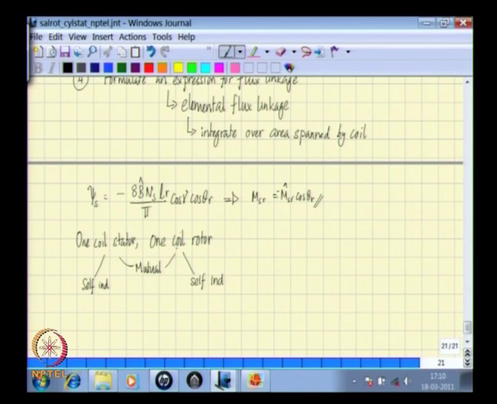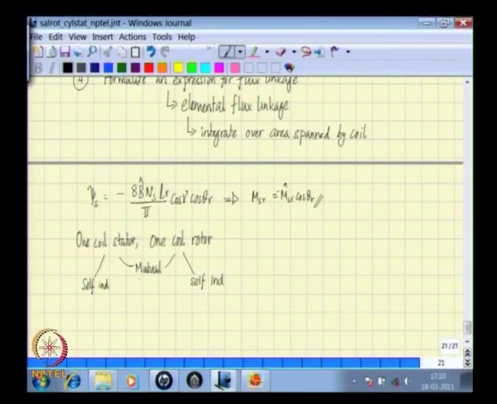So, these are the three inductances that we would encounter, and what we have done now is we have derived an expression for the mutual inductance